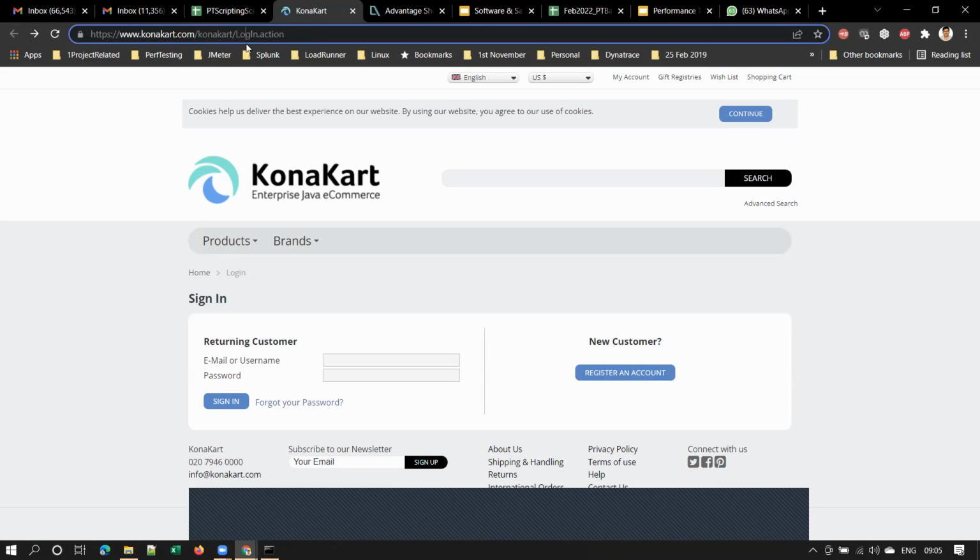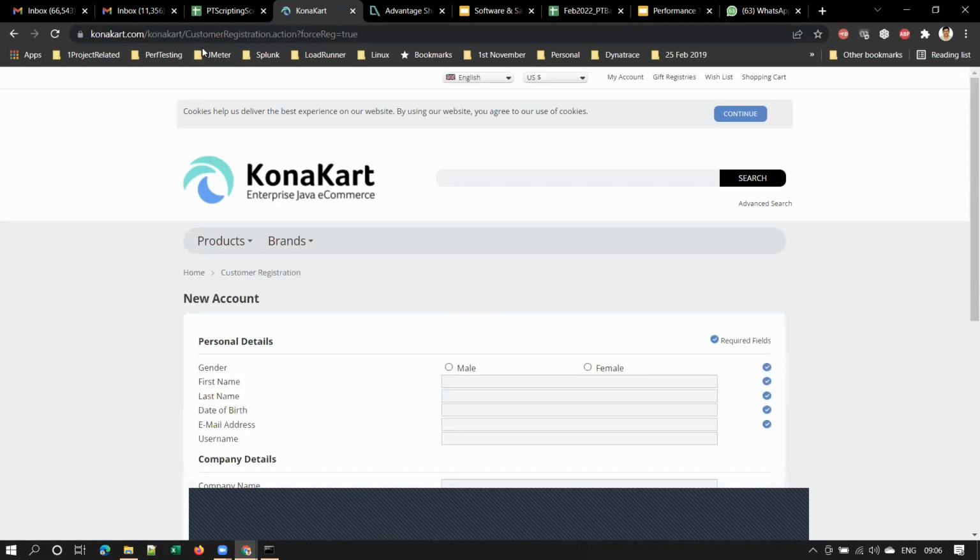That means this login.action page is there in a folder called Konacut. As simple as that. Now if you click on register an account, observe here. This is the query string. Whatever string we are sending after the question mark is called the query string.